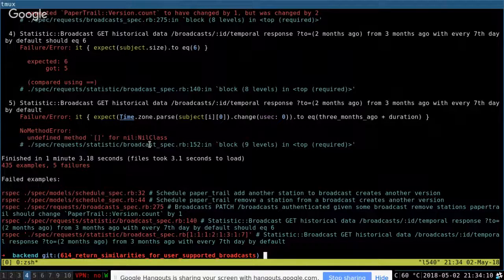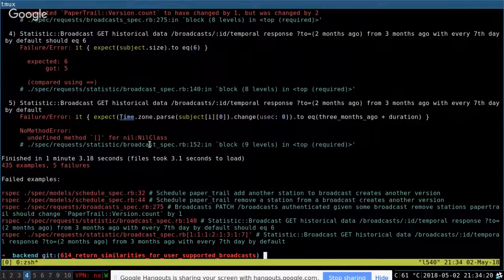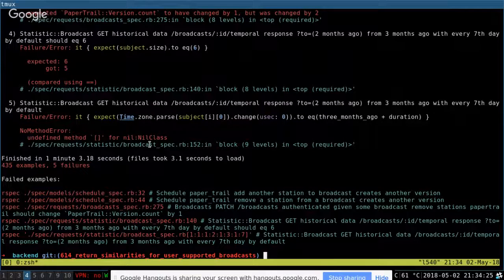The first 3 are failing because of paper trail, right? And so we can just ignore that.